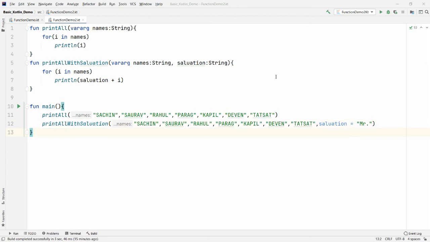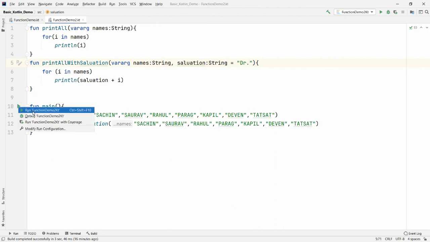Now sometimes people say, sir, I don't want to pass the salutation, but by default it should be there. So if you don't want to pass the salutation here, then you can assign a default value in the function, that is, you can assign equal to, for example, Dr. Then by default, Dr. will be added to each and every name.